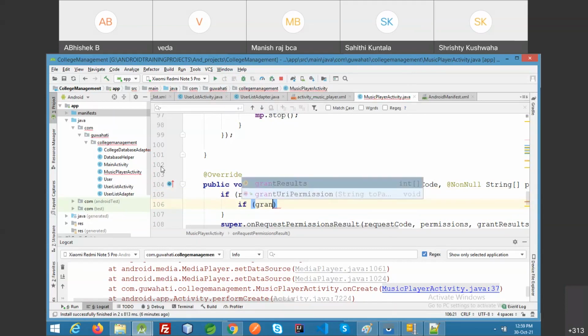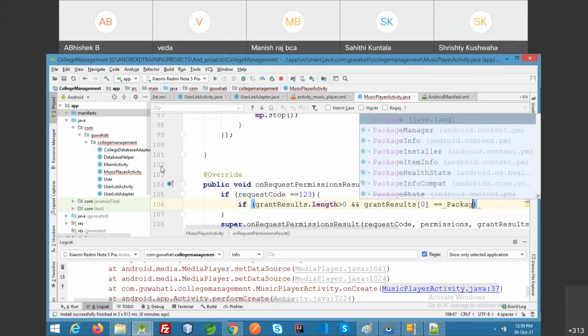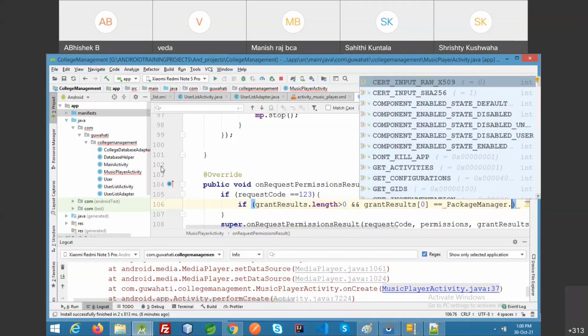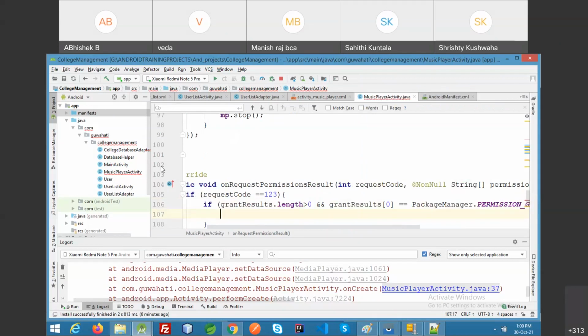grant results dot length greater than 0 and grant result for permission number 0, which is permission number 0 of the array, that is read external storage. So PackageManager dot PERMISSION_GRANTED. If permission granted, then